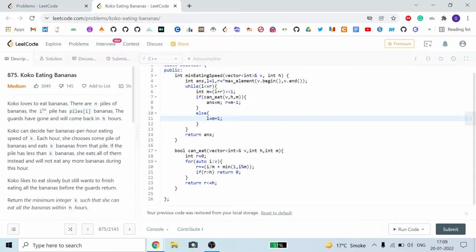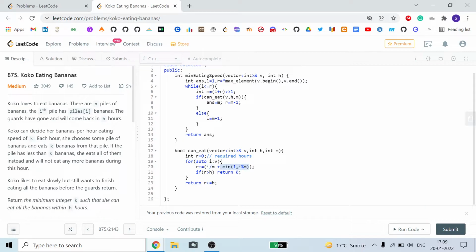Now this is our bool canEat function. We will take a variable r, the required hours. r is the total time we need if we are eating bananas with speed m to complete the vector v. For every element i, I divide it by m, then I add its modulo.